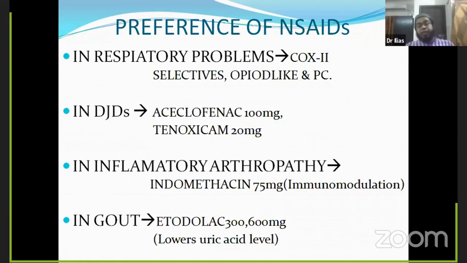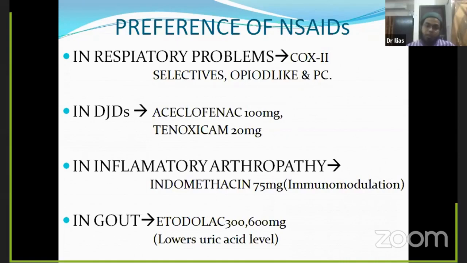And another issue is gout. What about gout? You know, gout happens due to uric acid deposition within the joint, causing an inflammatory reaction within the joint. And with gout, the patient will have the severest pain ever in life. After taking the history from the patient with gout, you can easily diagnose the disease.